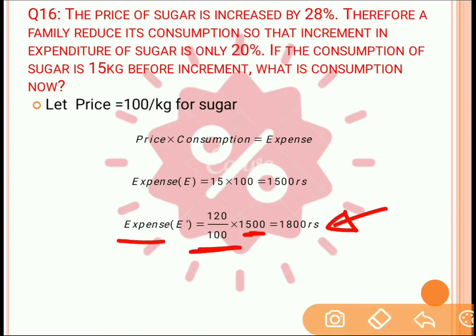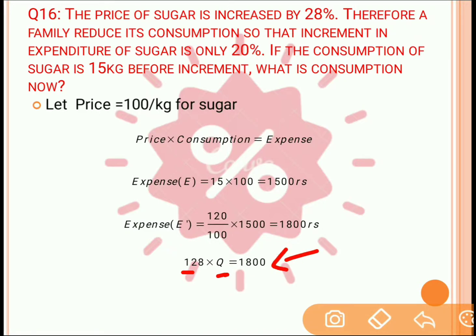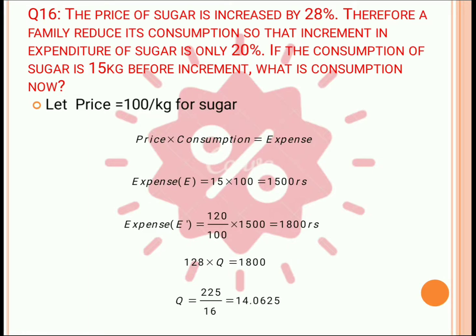So this new expense is equal to price into the consumption. Now new price is 28% more than the original price. Original price was 100, then the new price will be 128. So new price is 128 rupees and new quantity is Q. So price into quantity is equal to the new expense, which is 1800 rupees. So from here we can find out the new consumption. So new consumption Q will be equal to 1800 divided by 128, which is nothing but